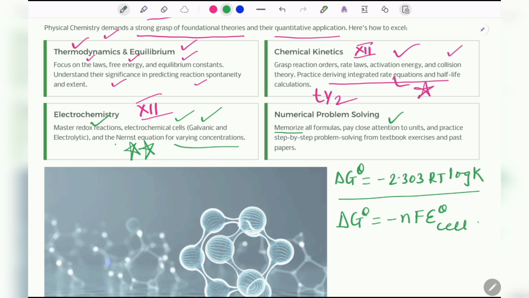Pay close attention to units because you lose marks if you fail to write units in the exam. Practice step by step because every step carries marks, and definitely from textbook exercises in NCERT you will see that